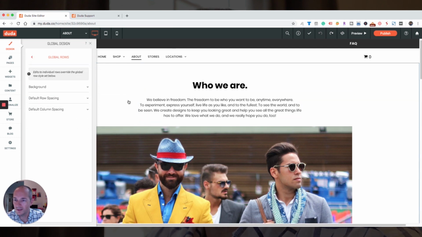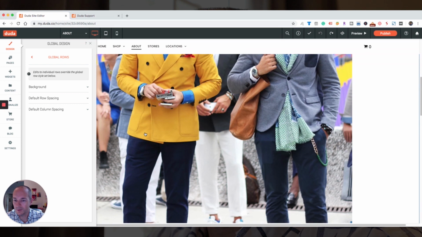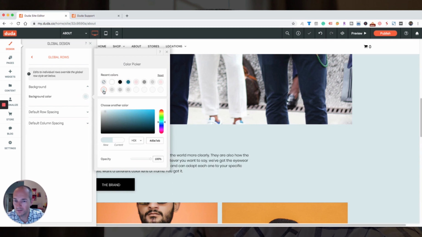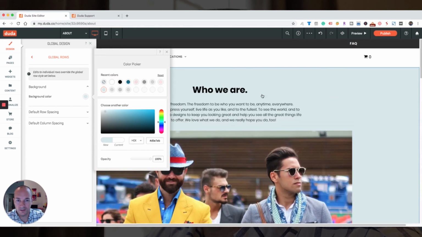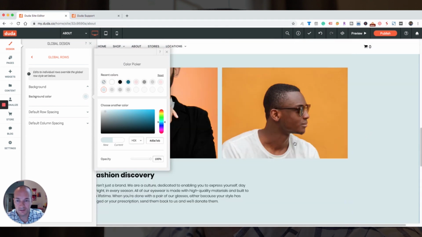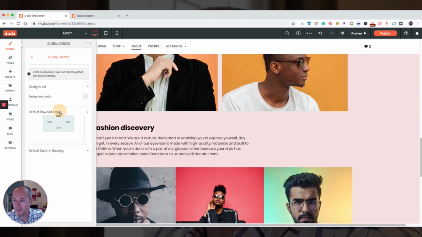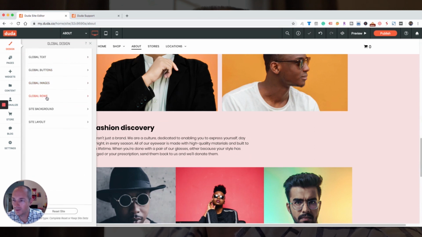Rows. As you work in these in the builder, you'll see these blue horizontal lines that kind of pop up as you scroll up and down, and those separate rows. So you can default your row backgrounds to being a certain color, just like that. So now the whole background of the site, each row anyway, is going to be that color. And row spacing is the padding top and bottom that you want to use as a default. So a few options on rows here to go through.